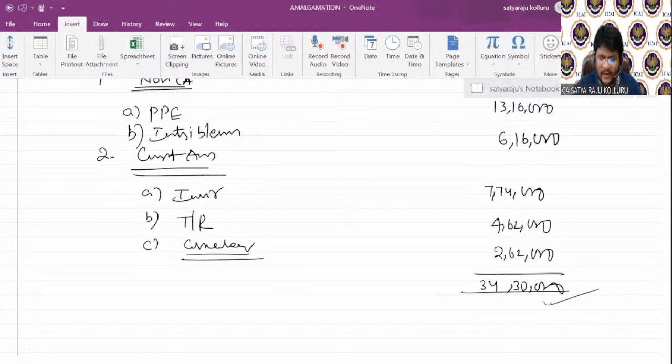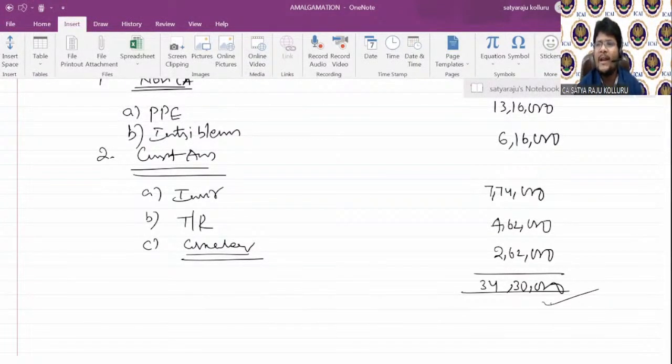One of our students asked a doubt: sir, in problem number 9, why preference shares are used for purchase consideration, as in merger only equity shares are used? Sir, please explain the reason for debiting loss on acquisition in place of goodwill. My dear, I already told the reason. You are not listening. In case of amalgamation in the nature of purchase, at the time of loss on acquisition, we are treating it as goodwill. The reason is we are treating it as a capital loss. So the purchase consideration we paid over and above the NAV, we are treating as goodwill. You know this fact already.